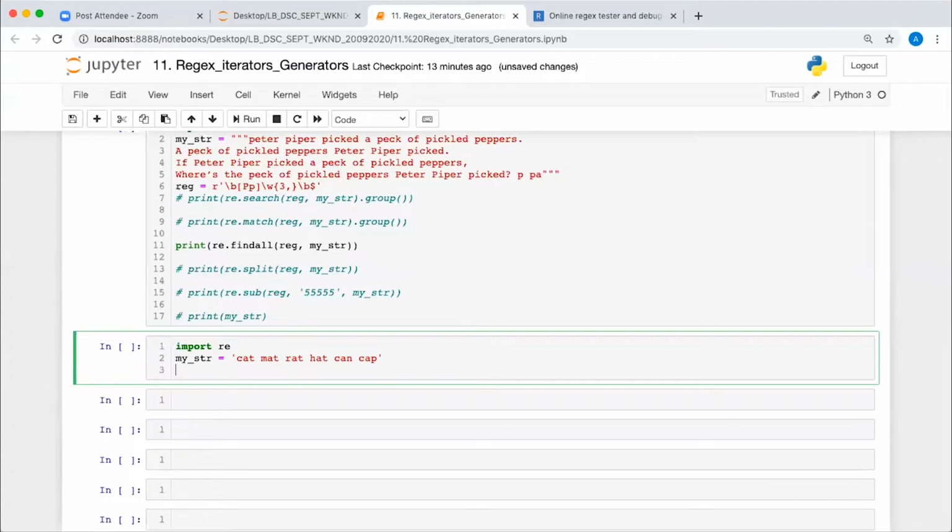Okay. Now I'm going to write one regular expression, reg is equal to. See, all the regular expressions we prefer to write in the raw string format. And why we are writing it in the raw string format, I'll be explaining in some time. But whenever you are writing the regular expression, it should be in the string format. What I want to match, I want to check whether this string is starting with a group of letters which is starting with C, and after C it may be any alphanumeric character.